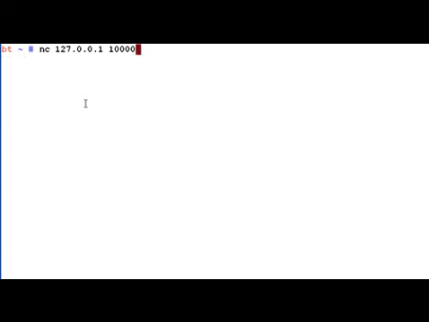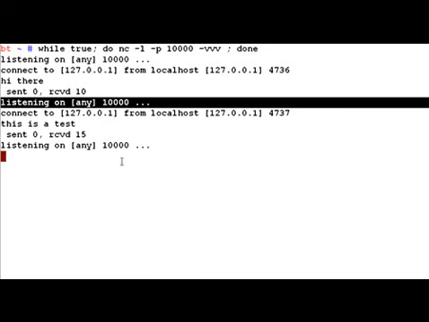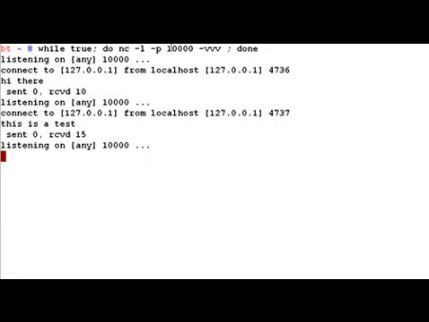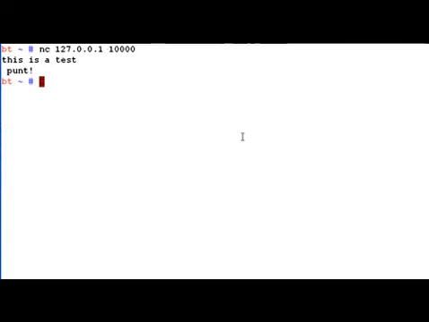So let's go ahead, connect once again. Say this is a test, that has been received. Now you can exit, and as soon as we exit, you'll notice that once again netcat had been started. So this process can continue indefinitely, and in essence, netcat is now a bound server to this port, right? Okay. So now what other cool things can we do with netcat?